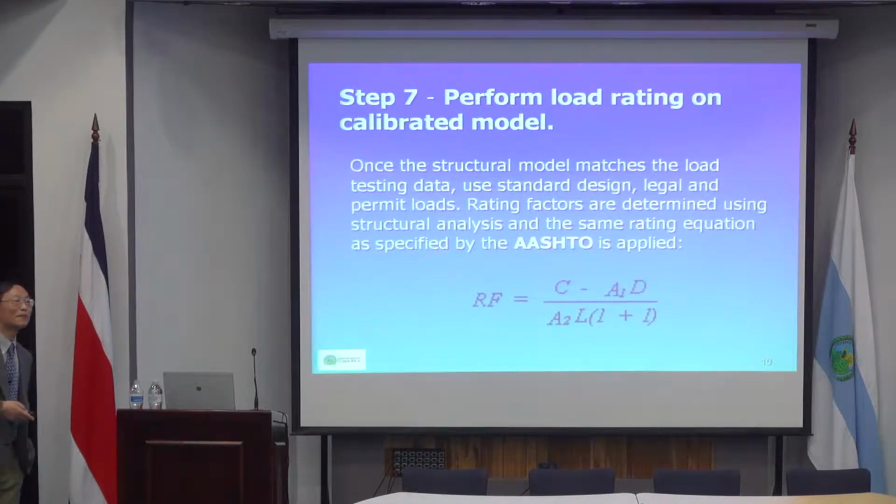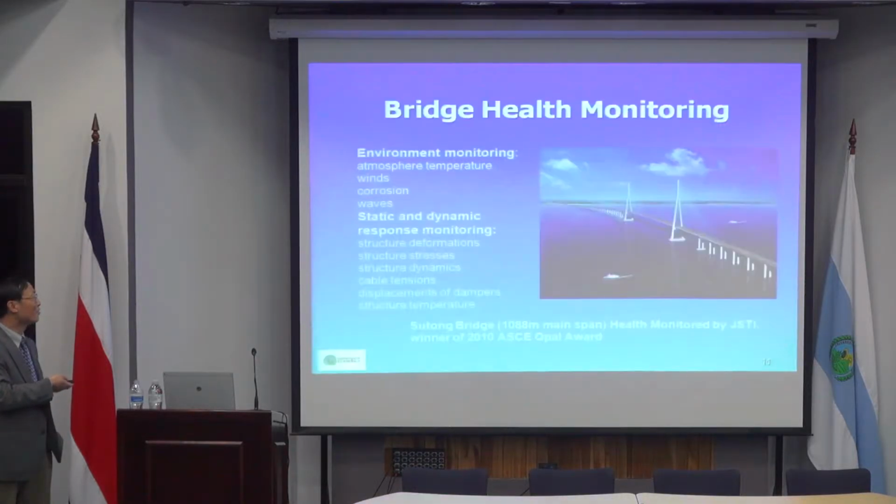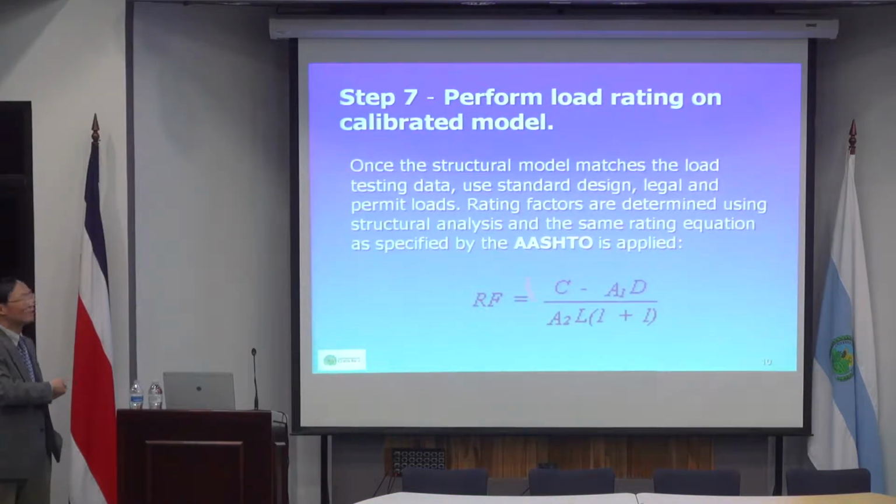And that's one component. A second component is the impact factor, I. Once you do a load test, you will find I is not close to 33%, or 1/3, of live load. If that does not work, for example, if you tested and I is 20%, it's relatively short. The shorter the bridge, the bigger the impact there, because they're more likely to match the